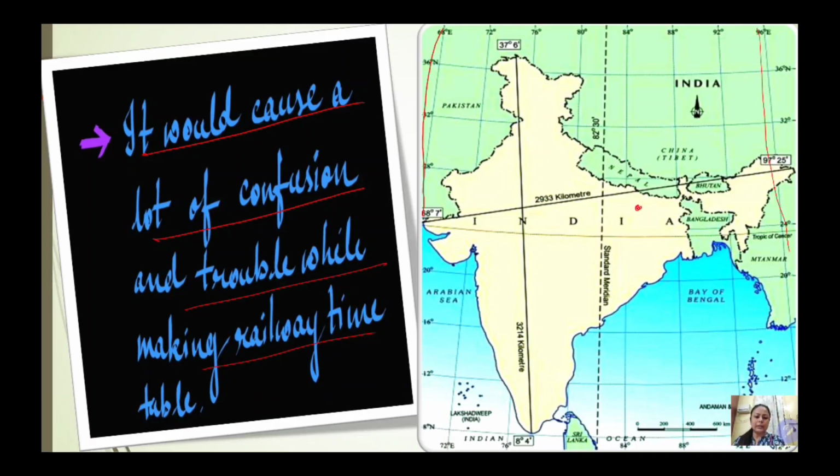Suppose one person has to travel from here to here, then the local time will keep changing. He has to adjust his watch while traveling. It will create a lot of confusion related to television shows, railway timing, air timing, like if somebody has to travel via air, then also there will be a lot of confusion regarding the time if local time is followed. So countries like India with large surface area where almost 30 longitudes are passing, we do not follow our local time, but we follow the time of the longitude passing from almost the center of the country.